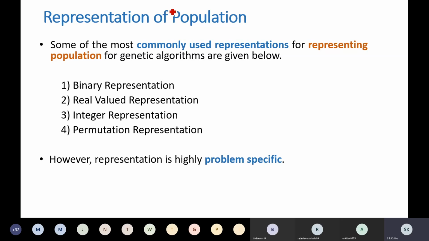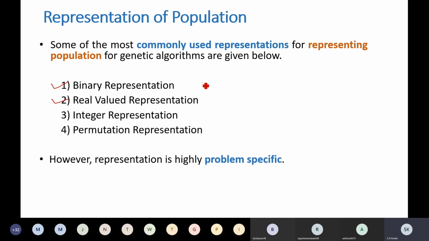So the commonly used techniques are binary representation, real valued representation. In binary representation, as its name suggests, you are going to use binary bits for representing a solution. So we define a bit string as a solution.